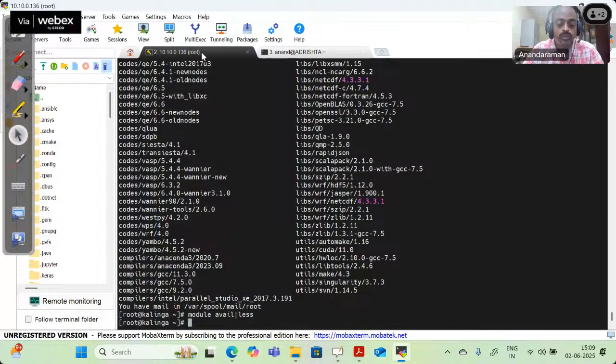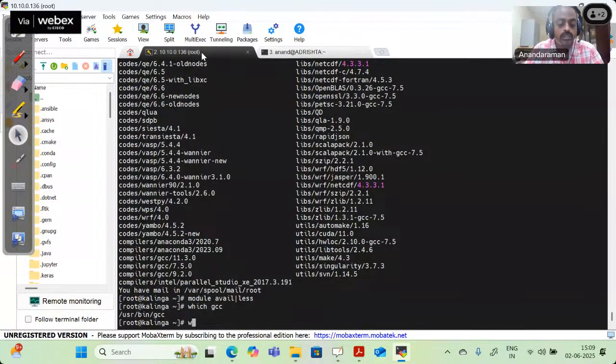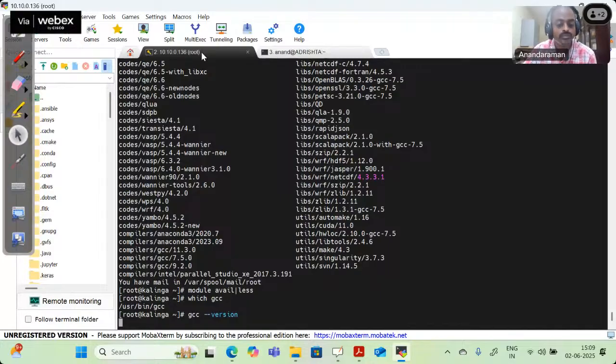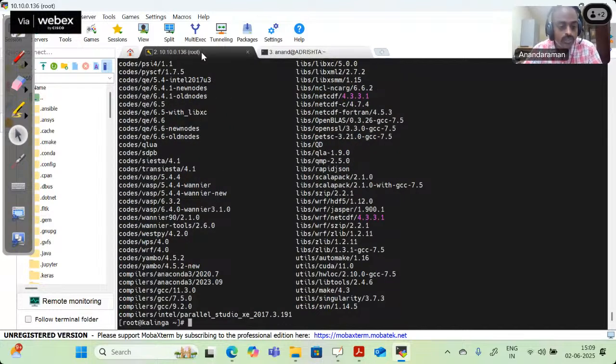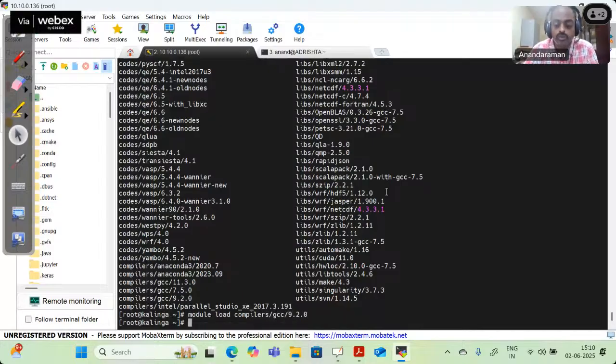For example, now gcc --version. The default is 4 point something, 4.8.5, but new softwares may not support this compiler. So at that time, we install everything as a module. For example, if I want the latest compiler, I can load this. I have already installed the compiler GCC 9.2. Now if you just give the command,